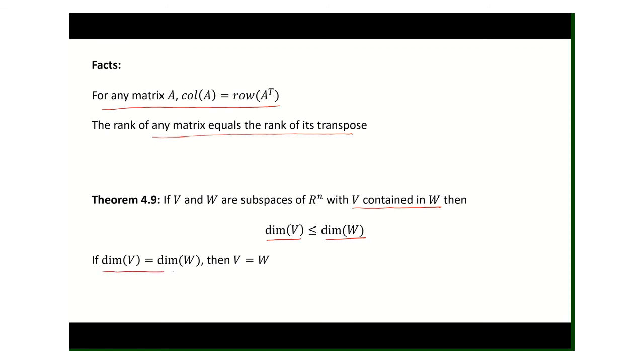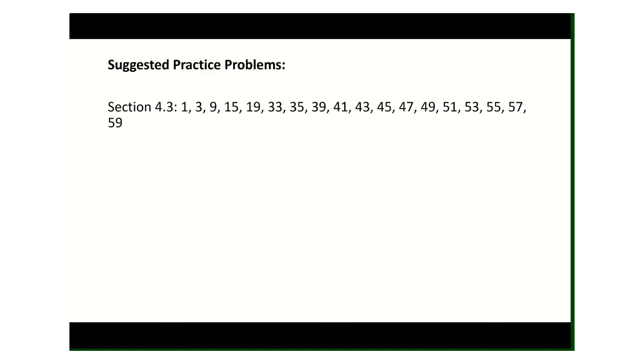We also have this property that if the dimensions are equal, then that means the subspaces are themselves equal. Dimension not only describes kind of the size, but it tells you a little bit something about its content as well. So if you have two subspaces, one inside the other, with the dimension of them being the same, you know right away that they are the exact same thing. And finally, for section 4.3, here are a few